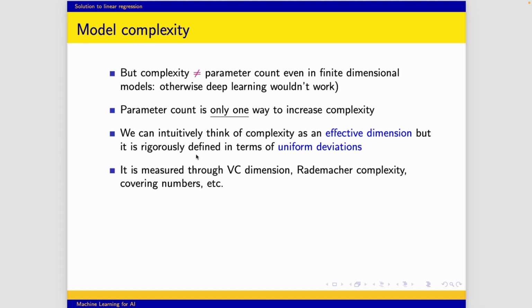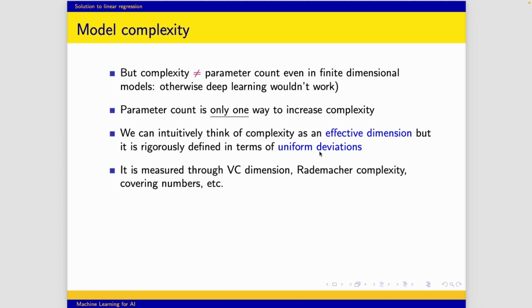Rigorously, it's defined through what we call uniform deviations, which is something we will come to later when I discuss and define the decomposition of error in terms of approximation error and estimation error, and possibly also optimization error. And at that point, I will define what a uniform deviation is. And then we can, in terms of such a uniform deviation, define precisely what we mean by model complexity or